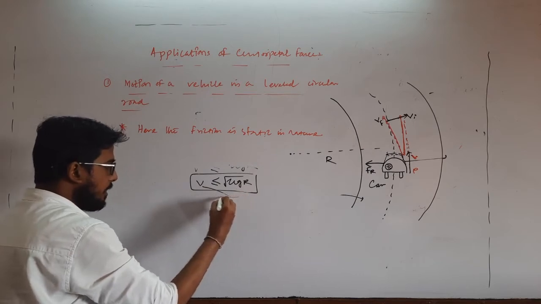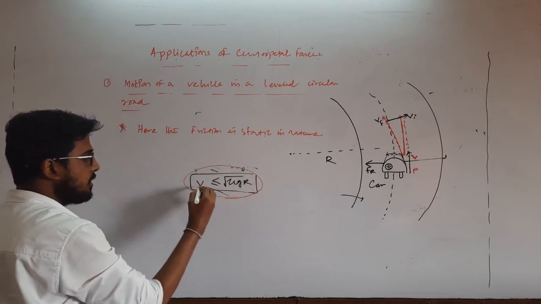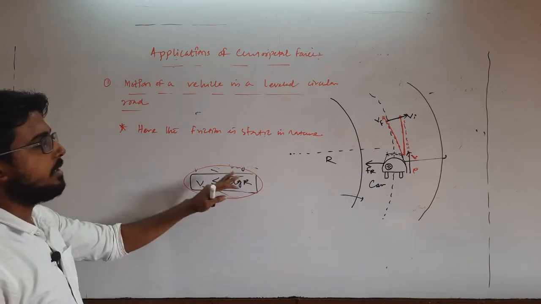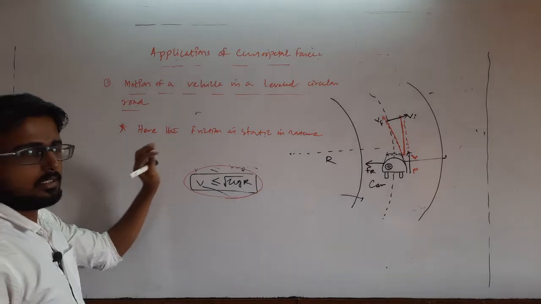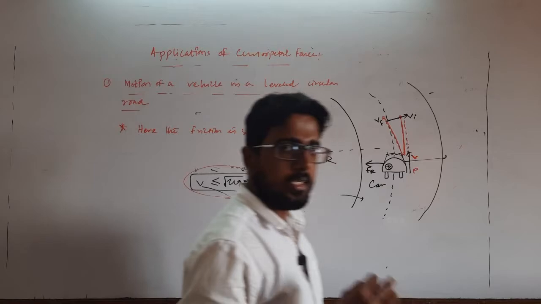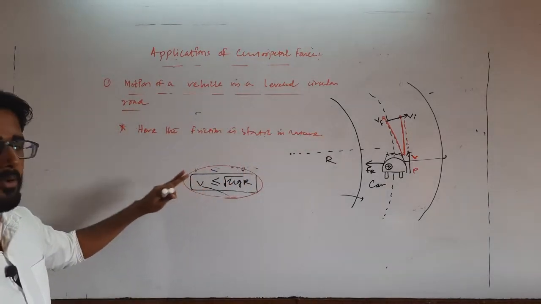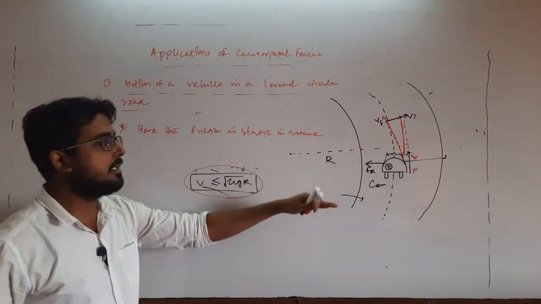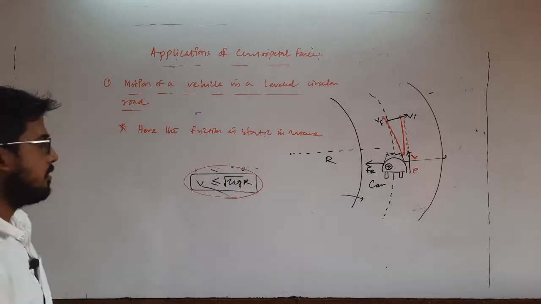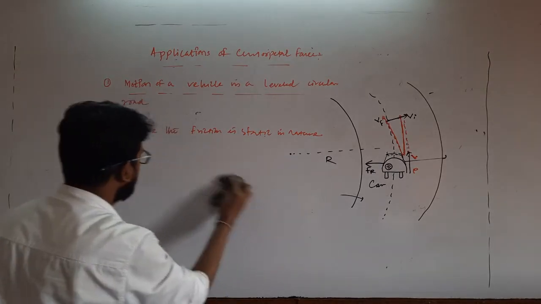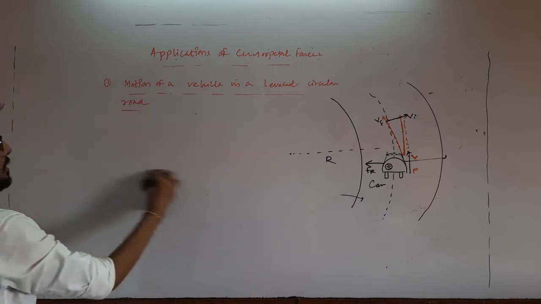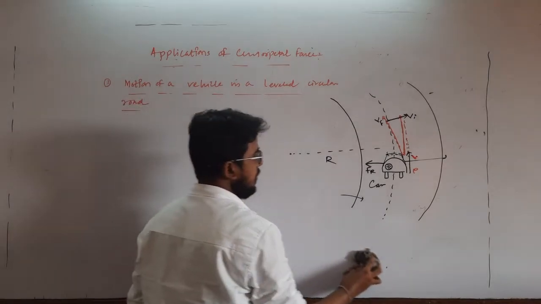So if the vehicle moves with this much velocity, which is the safe velocity for taking a turn of radius r, the friction acting on the vehicle will be the static friction. Clear? So you have to remember this point, that the friction acting on the vehicle is static in nature, and the maximum safe velocity for taking the turn of radius r in a leveled circular track is how much? Less than or equal to under root of mu g r. Okay. So if the velocity further increases, then the vehicle will skid away.